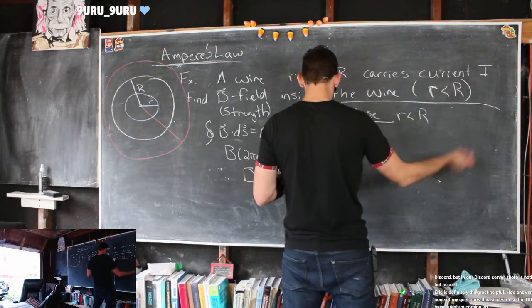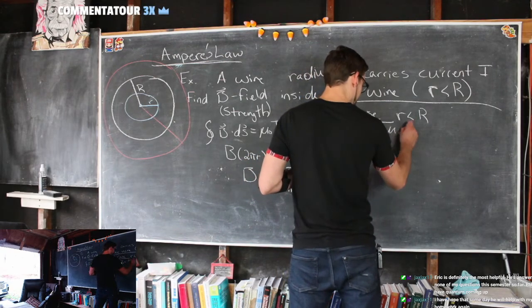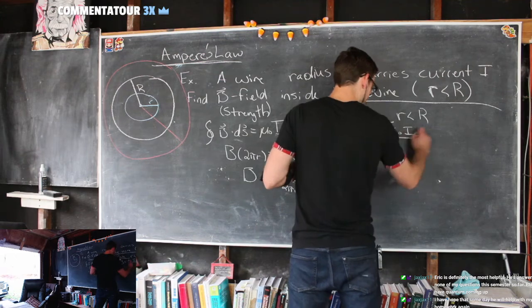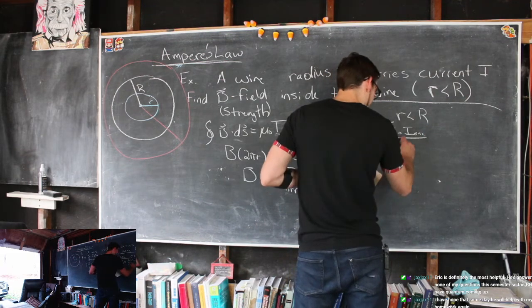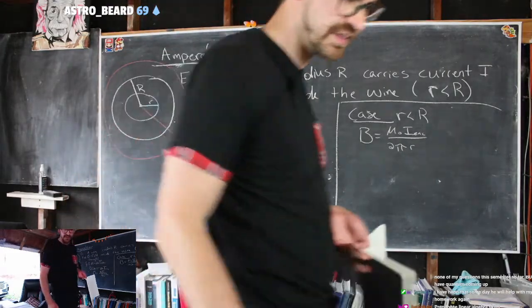So where are we at? So we have our B field. So now, like I said, this is true everywhere. So we're going to start with it. But we're not quite done with it, right? We need to find I enclosed, right? Because we're not allowed to leave things in terms of